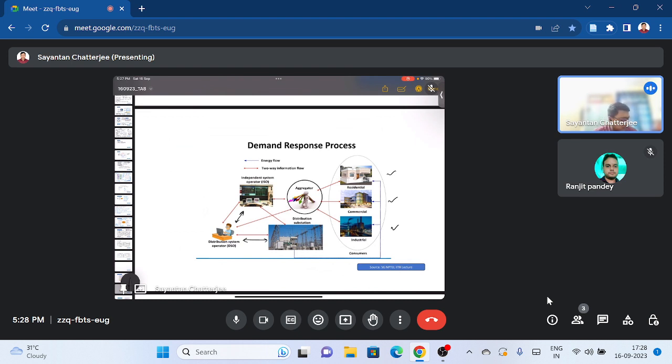So the aggregator is again delivering this information to the DSO or to the ISO, okay. So based on their discussions, finally, the distribution substation is getting information from the ISO that this operation needs to be done, and on the basis of that, this physical layer